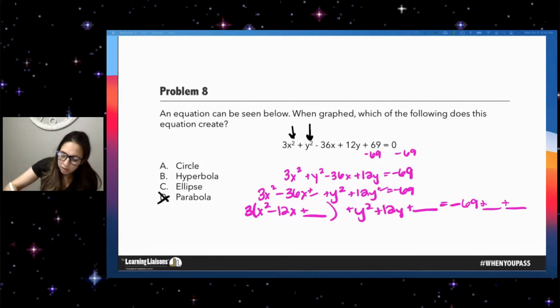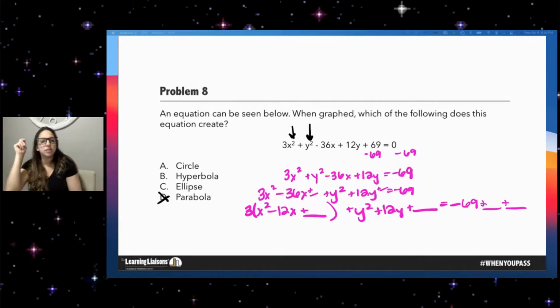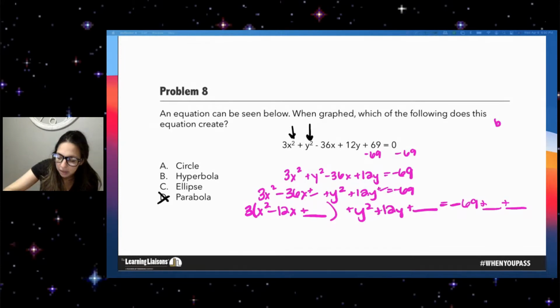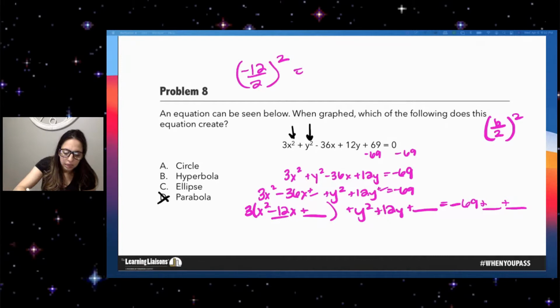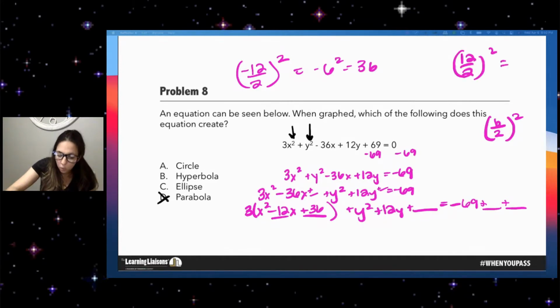Because whatever I do to this side, I have to do to this side. All right. The value that's going to go in those blanks is b divided by 2 squared. So I'm going to do negative 12 divided by 2 squared. Negative 6 squared equals 36. So 36 goes here. 12 divided by 2 squared is also going to be